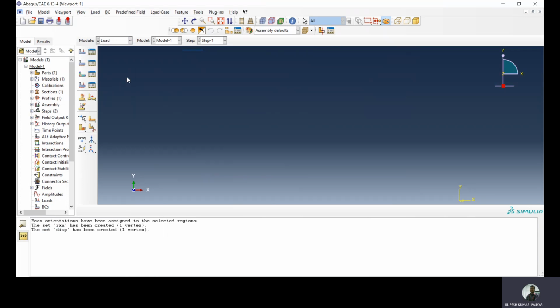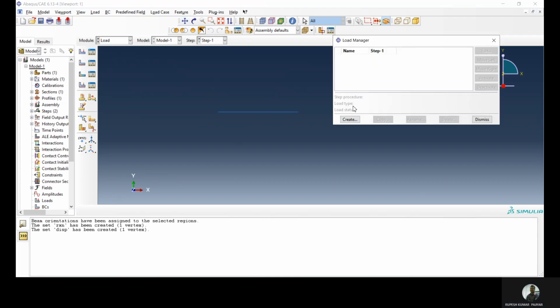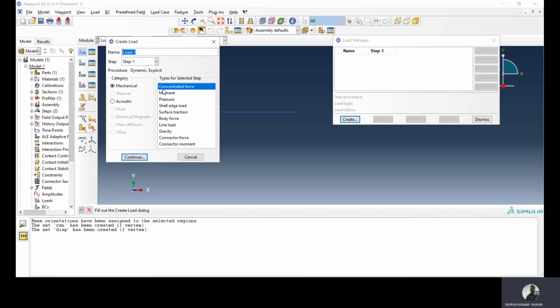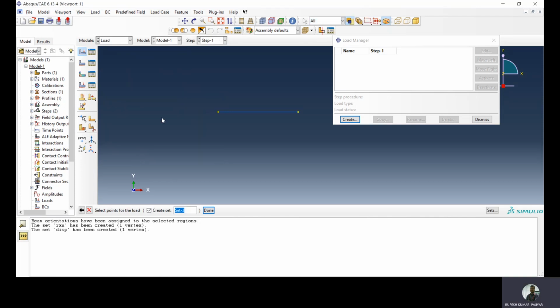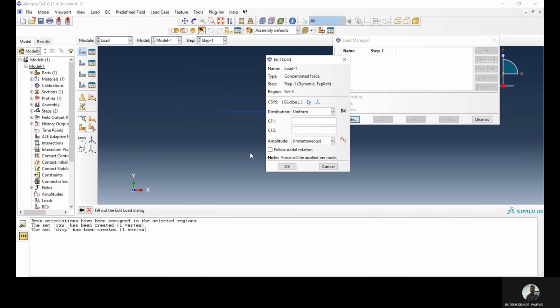Now we'll go finally with the loading part. Loading, create. Since it is a concentrated load acting at this node, done.